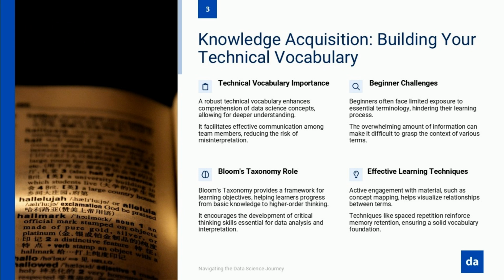The relationships between these terms create a mental framework that supports problem solving. When you understand that feature engineering influences model performance, that algorithms have biases related to their mathematical foundations, and that data cleaning affects statistical validity, you can navigate complex problems more effectively. These relationships form the language of data science thinking.